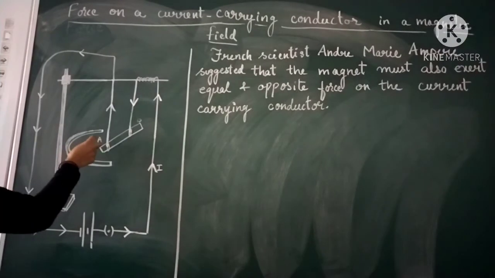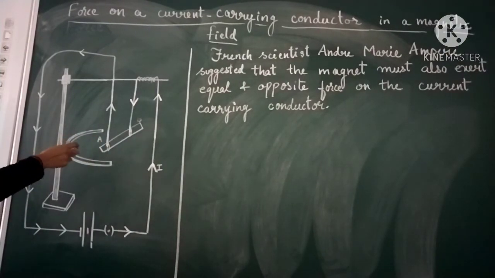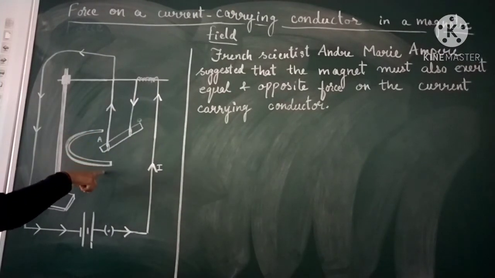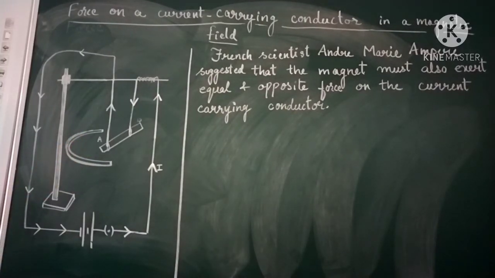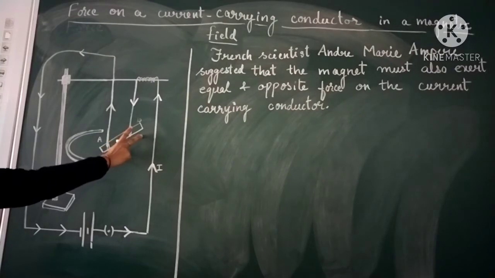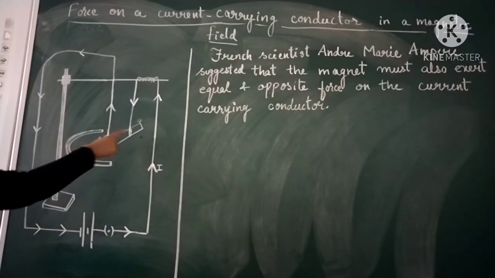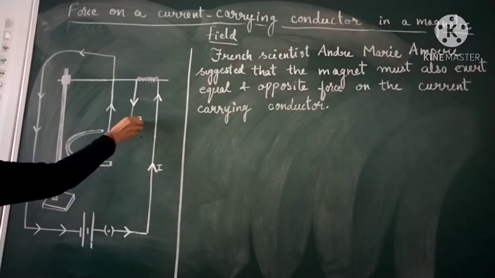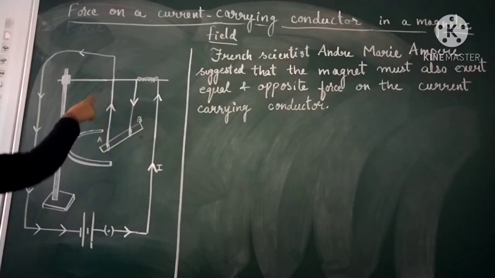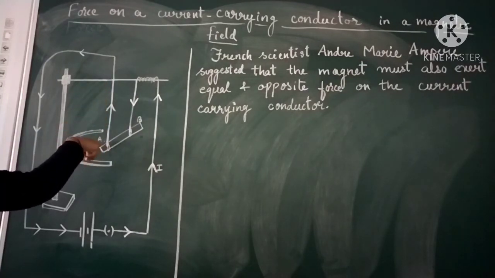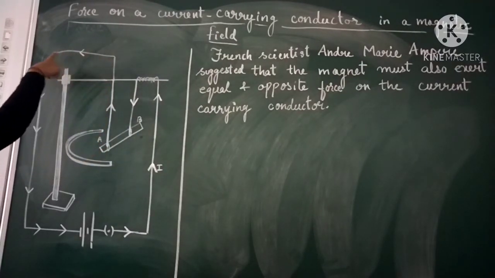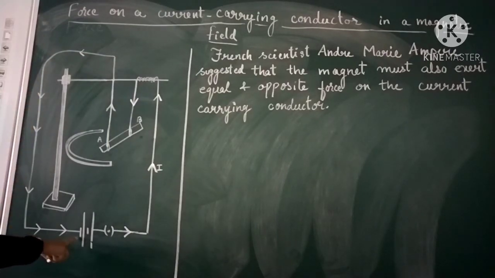Now in this figure we can see that this magnet is kept over here. This is a horseshoe shaped magnet, and this is an iron or metal conductor. A bar has been taken. There are two ends A and B marked over here. From here a conducting wire is wound around it, and the rest of the wire is connected to the negative of the battery.